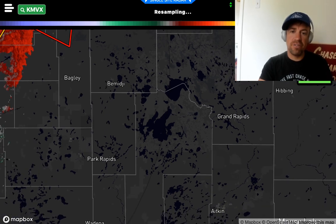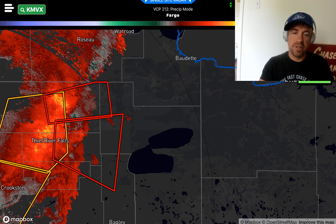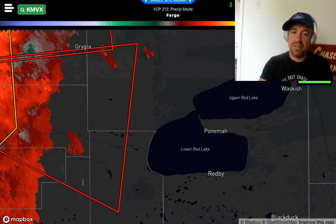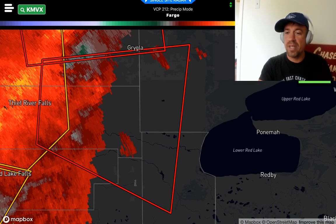But they're going to go north of that area, far northern Minnesota up here. This is the most dangerous area, but eventually heading toward these lakes, Upper Red Lake, Lower Red Lake out there, the Ponemah area, Redby, Waskish. I'm sure it's a beautiful area up there, but if you're engaged in some outdoor activities out here on these lakes, you've got some dangerous storms that are moving rapidly toward your location, so you definitely want to keep your